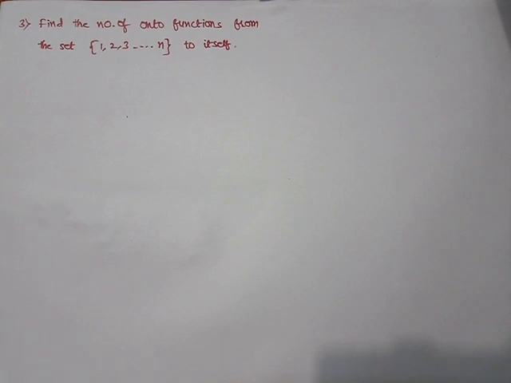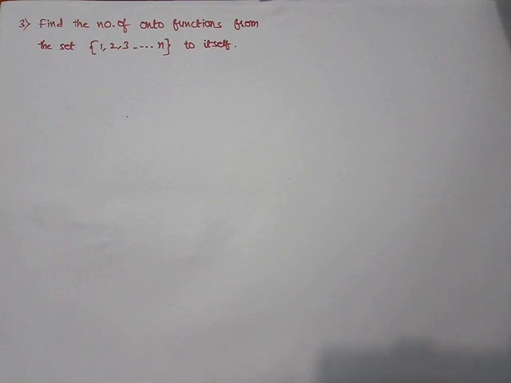One of the important questions here: in the last video we completed the number of 1-1 functions. Now this time we'll see the number of onto functions. So before dealing with this, first of all we'll read out the question. Find the number of onto functions from the set {1, 2, 3, and so on till n} to itself. So the number of elements in the first set is n and the number of elements in the second set is also